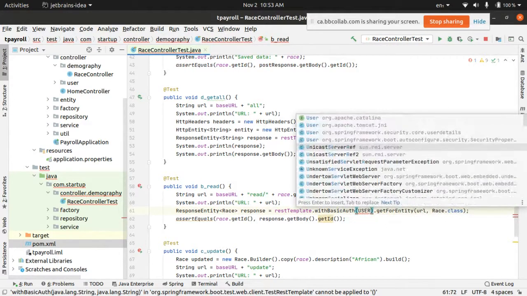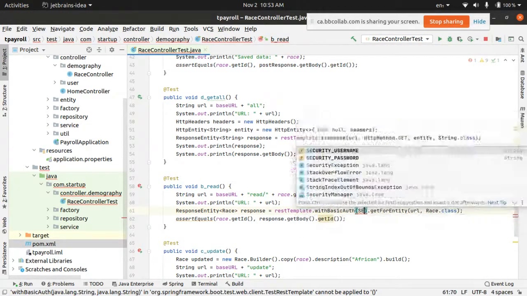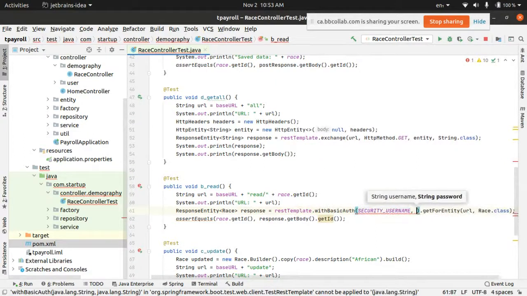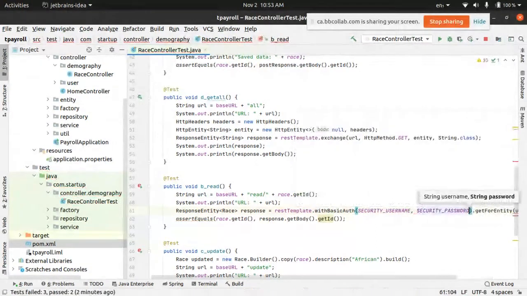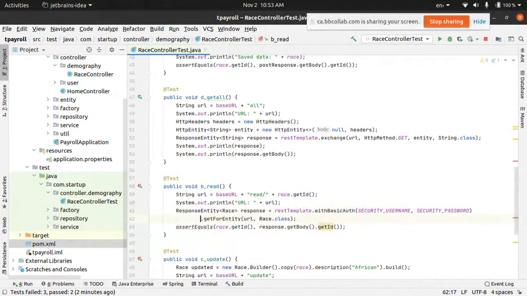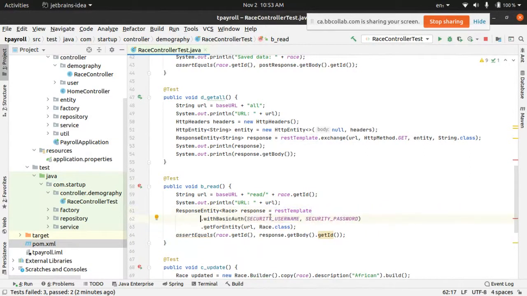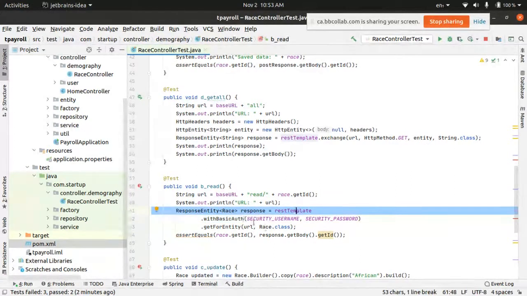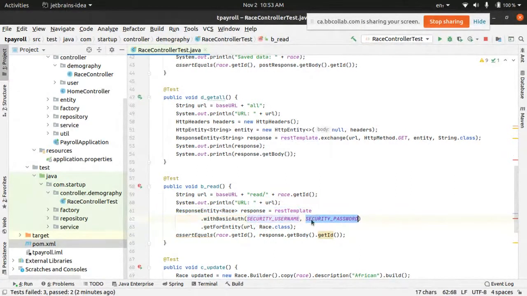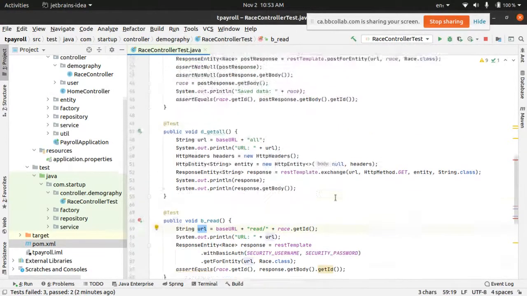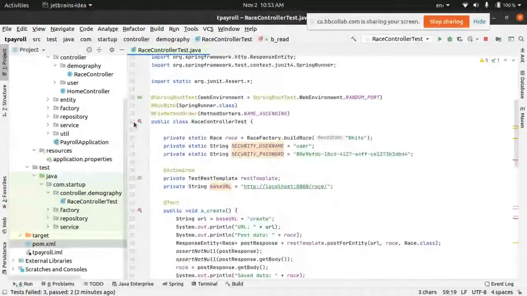Username is going to be security username and security password. So what this means is you are attaching a credential, username and password, that is of type basic authentication to this particular REST template. So it uses this username and password as the credentials to access the particular URL you're talking about. So if I run this again,